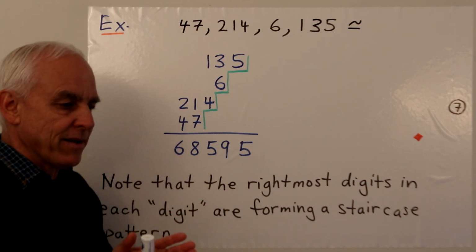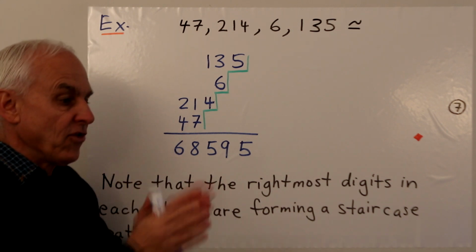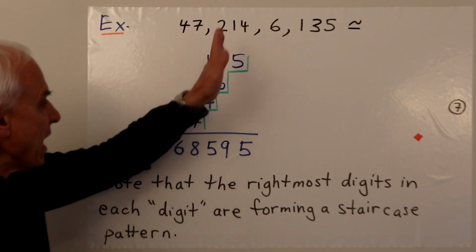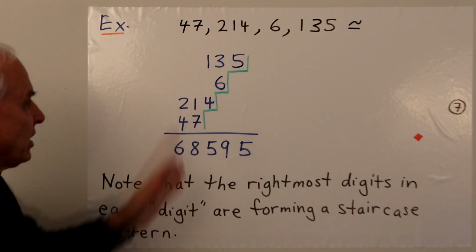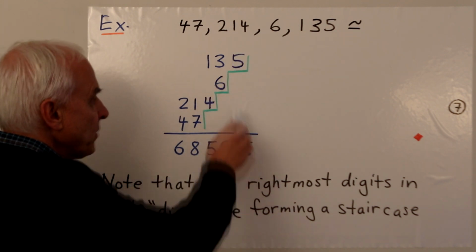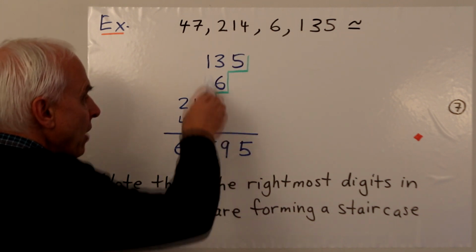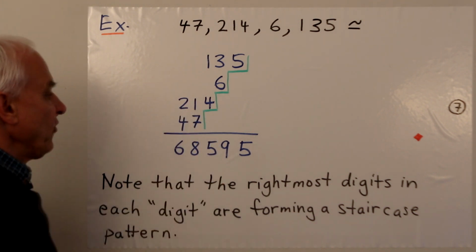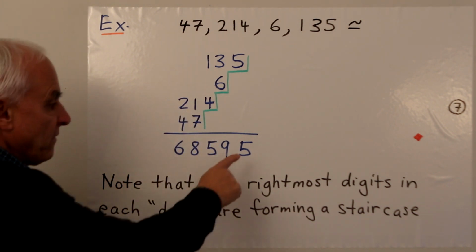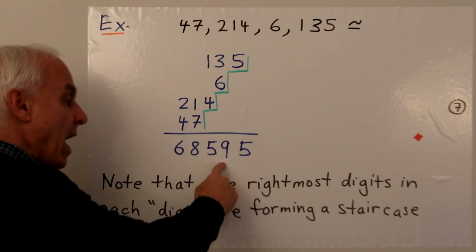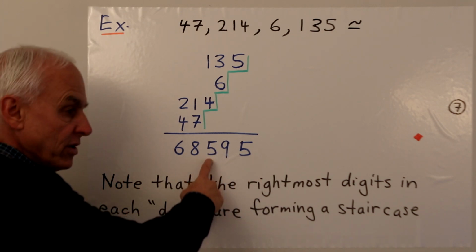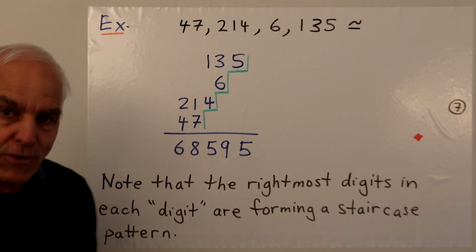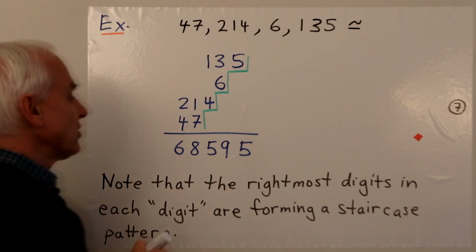That should be automatic. That 10 tens is 100. That 10 thousands is a single 10,000. Okay, now that we have everything lined up, we can just do the addition. 3 plus 6 is 9, 1 plus 4 is 5, 1 plus 7 is 8, 2 plus 4 is 6. So altogether we get 5 ones, 9 tens, 5 hundreds, 8 thousands, and 6 10,000s. And so that's our answer,